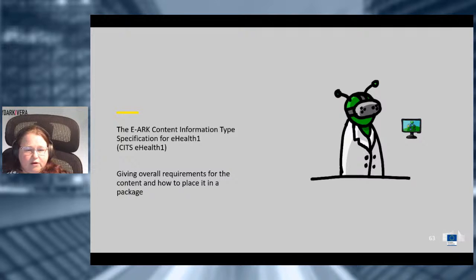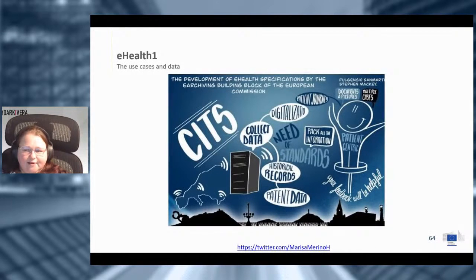Here we are talking about giving overall requirements for the content and how to place it into a package. Working with eHealth data, you are aware that what they do have is standards, and a lot of standards and formats. The specification itself is focused on the patient.